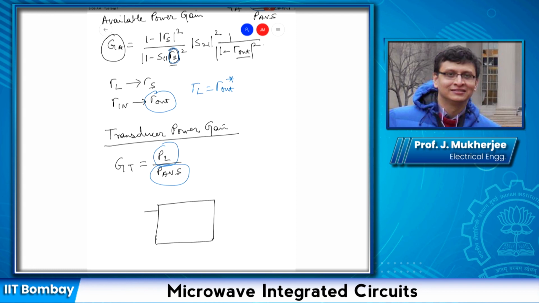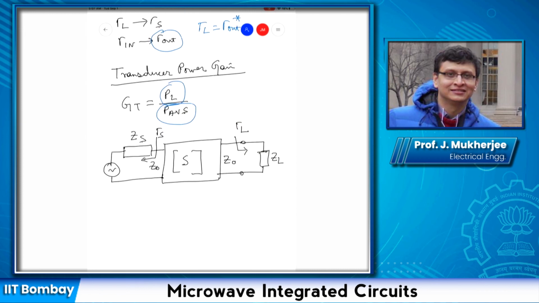For the passive circuits, we are using mainly Pozar and then some parts of Rizzi. Now the expression for GT is given as